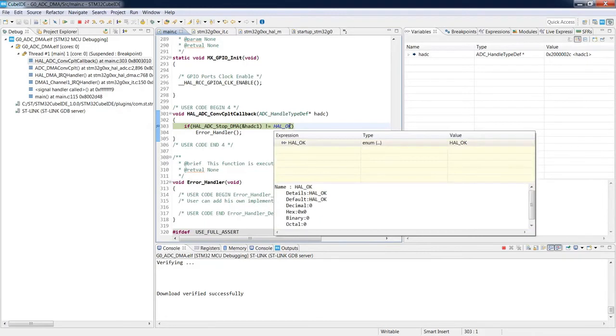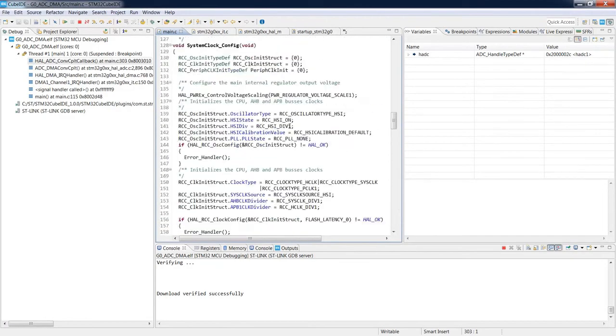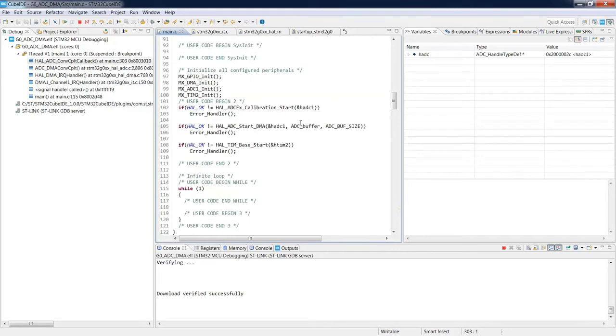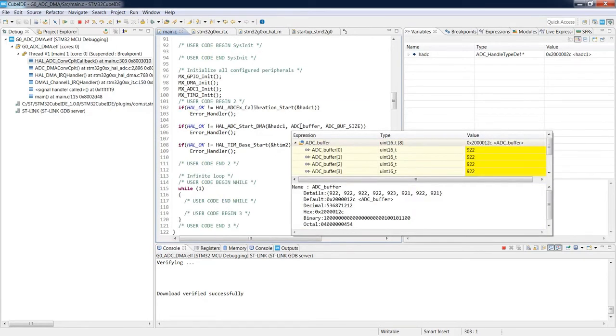So now we can have a look on the buffer. So we can, for example, highlight it in this area, and you see that the values are not the temperature ones. We need to convert it to the temperature. Right now it's a pure reading from ADC, it's a raw value. It needs to be converted. For this, we need a reference voltage value, which is in our case the power supply of the board, which is 3.3 volts. And we've got a special macro which can be used here to convert this value into the Celsius degrees. So now we will do this process.